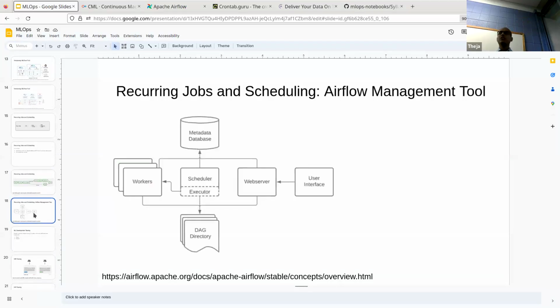So what is Airflow? Airflow is a much more complex beast, the complete other end of the spectrum compared to cron. It has various things. Firstly, there are these directed acyclic graphs. Airflow is a very Python-friendly tool, so it works with Python files. In py files, you would describe such a graph. How do you describe the graph? You can say function 1, function 2, function 3, function 4, and you just say function 1 precedes function 2, function 2 precedes function 3 and 4 together. You have to describe it somehow, but it's all in Python.